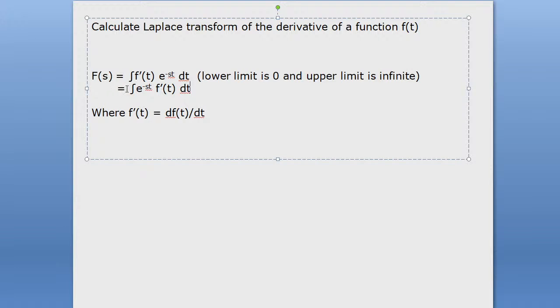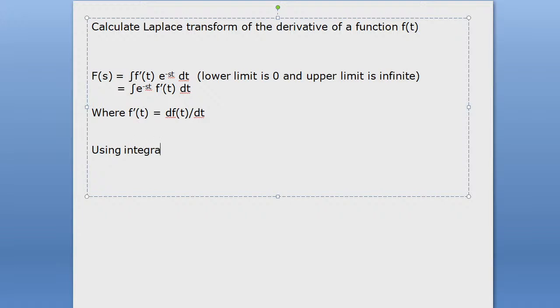You write F of s is equal to the integration from 0 to infinity of e to the power minus st f prime of t dt, where this is the first function and this one is the second function. Using the integration by parts rule, we can write